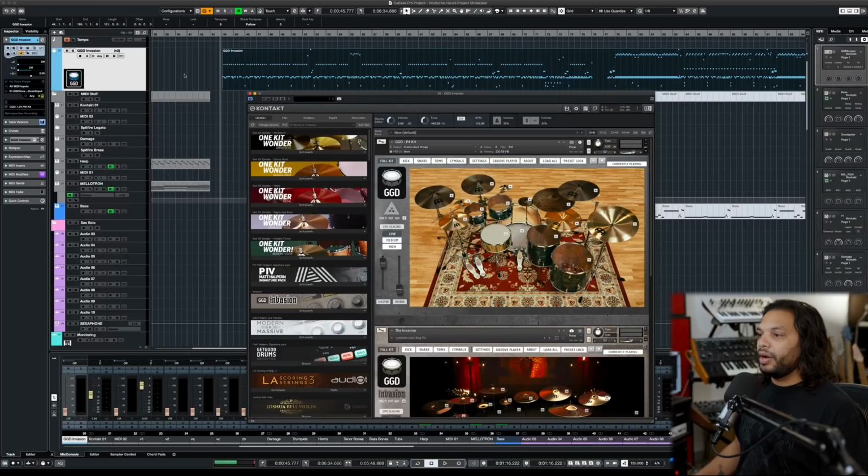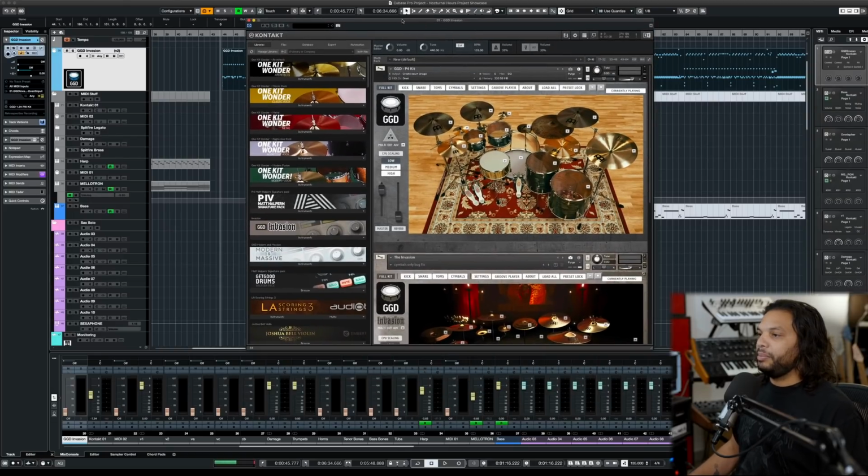So what we've got on this project here, we have the trusty P4 kit, which I gotta say, this kit was, I don't want to call it an afterthought because it certainly wasn't, but it was done in the extra days of the P4 session rather quickly. I think Matt is so quick in the studio that he was able to get that album tracked,